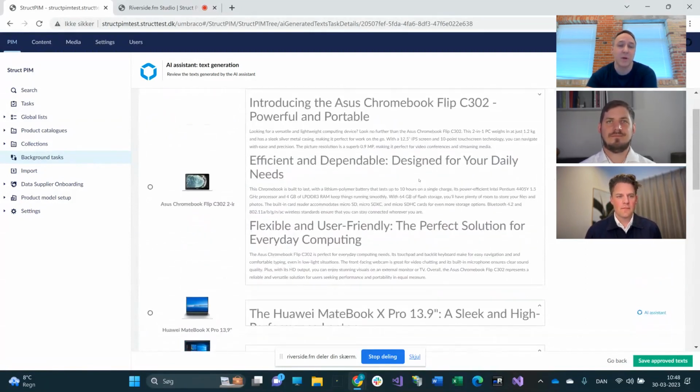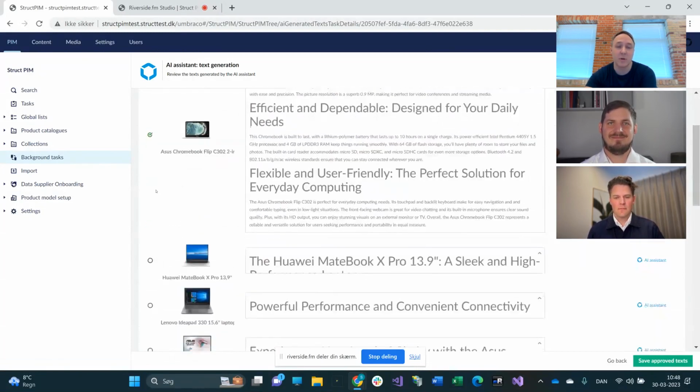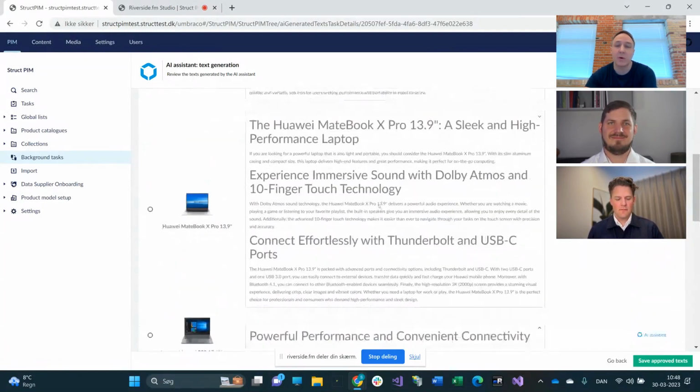So I can now go through these individual products and say, okay, this one actually looks really good. I want to have that as it is. The next one, looking at that, that's also okay. But if I wanted to change this, I can open up the AI assistant over here again, and I could resume the conversation with it about this specific product.